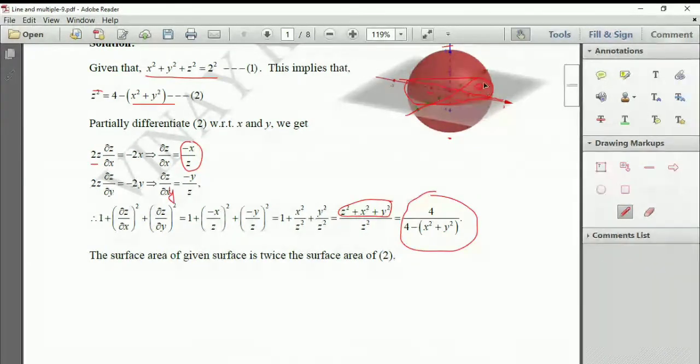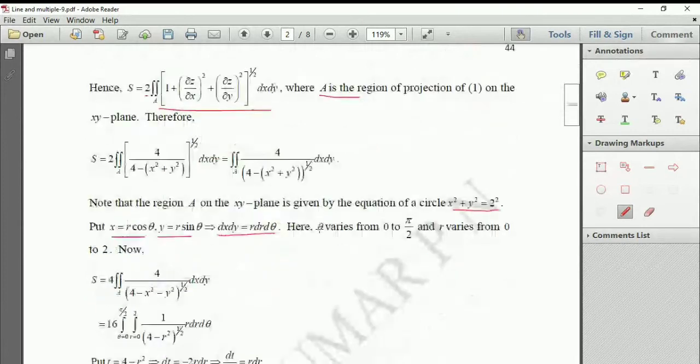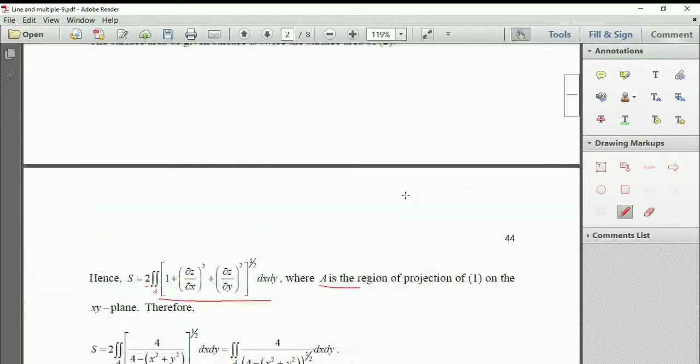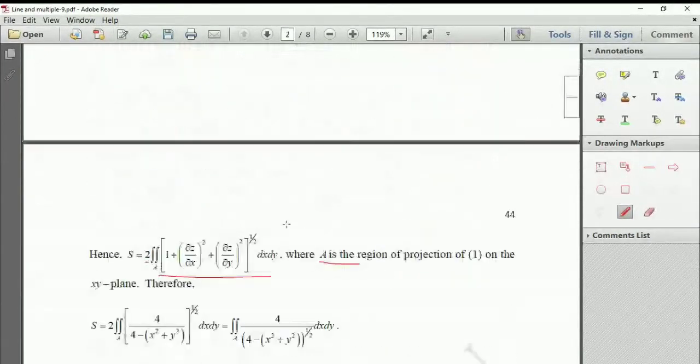So 4 times of this will give you the answer. So let's do one thing. Let us multiply the area by 4 times. So this is your surface area. So let us multiply this by 4 times. 4 times of this gives you total area. Okay. Now,